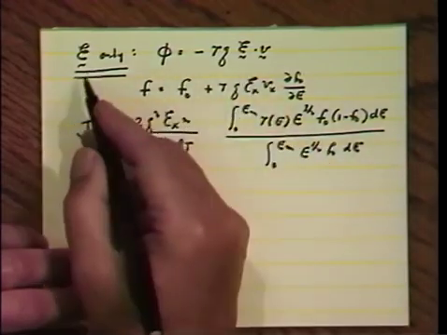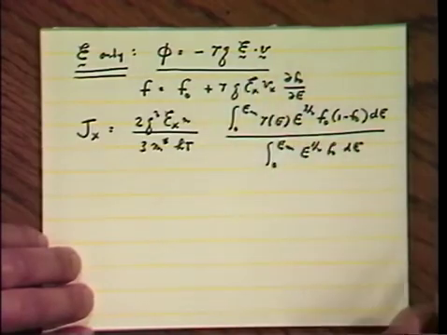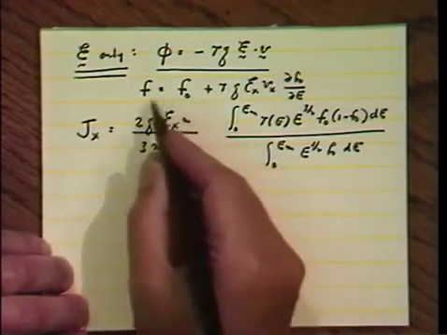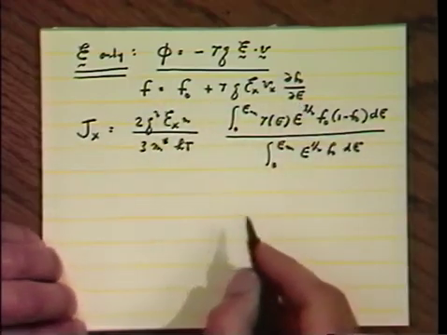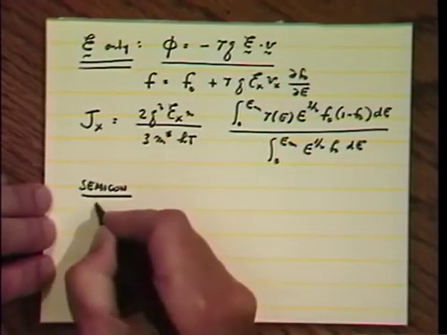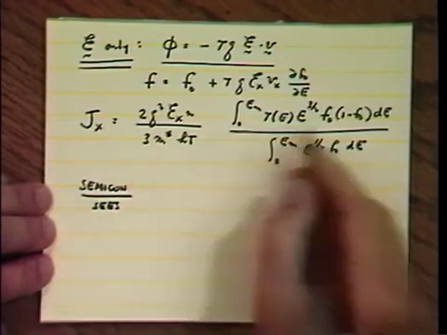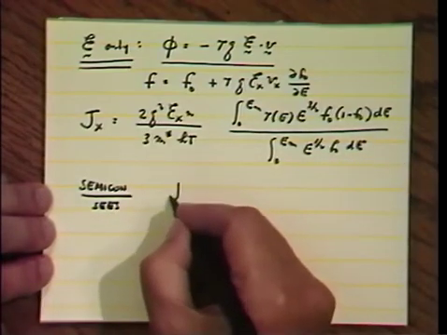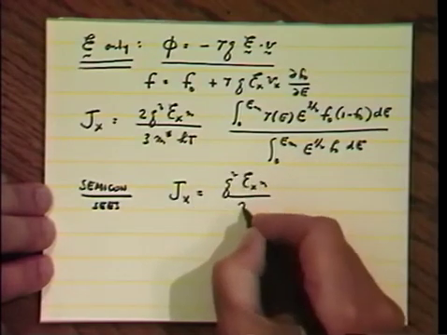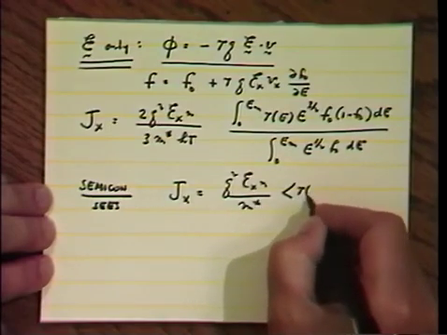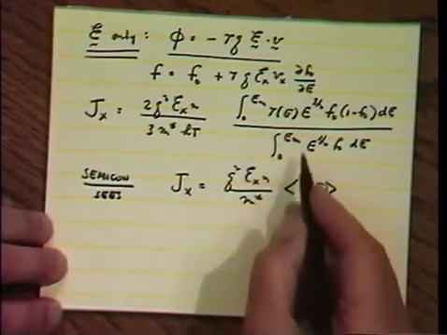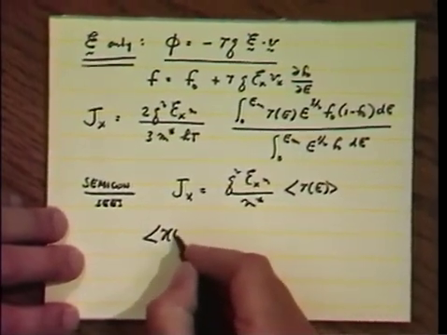In other words, looking at electric field only, with this being the general solution of the equation we just talked about, this would be the distribution function. We put that in, we calculate the current using this distribution function. We got this result, and that led us to the conclusion that for a semiconductor, if we use spherical equal energy surfaces to enable us to write it in this form, then the current density would just be given by q squared Ex n over m star times an average value of the relaxation time, and that this average value of the relaxation time was essentially given by an integral like this,